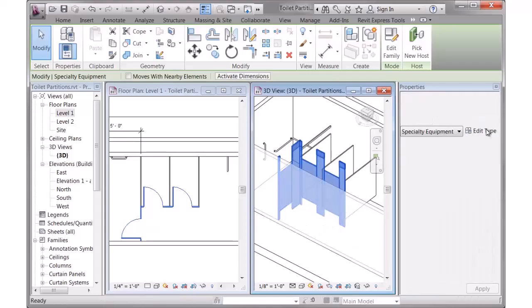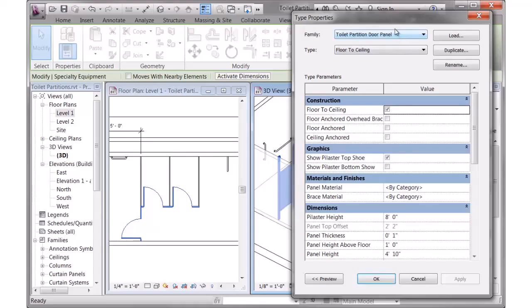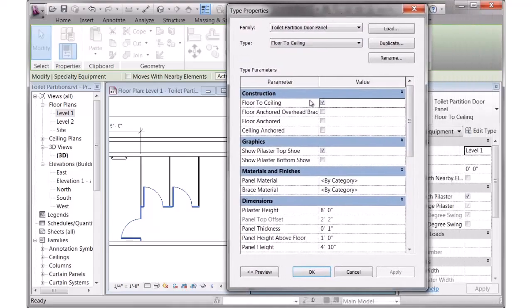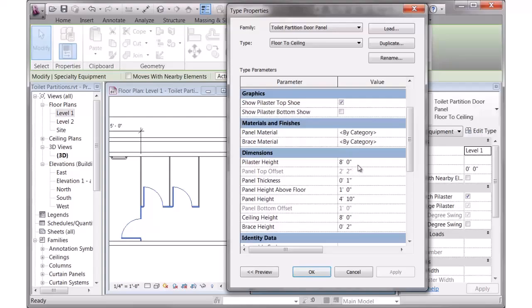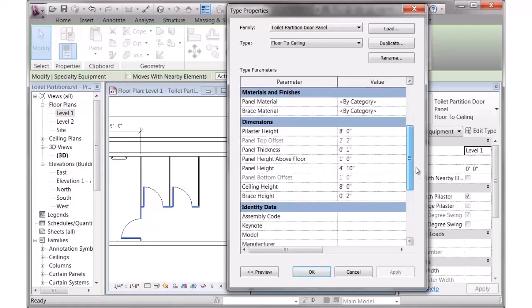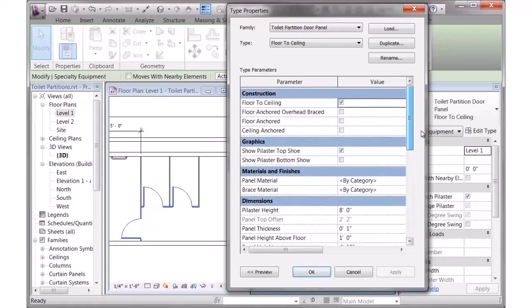Well, behind the scenes there's some parameters for those things. When I look at the parameters, there are visibility controls for each of those types: floor to ceiling, overhead braced, floor anchored, or ceiling anchored. And then there are parameters here for the pilaster height, panel thickness, the height of the panels above the floor, the actual panel height, ceiling heights, and the actual brace height. So there's a bunch of different parameters in there to allow you to control the graphics of the object. Also parameters to show the pilaster shoes,